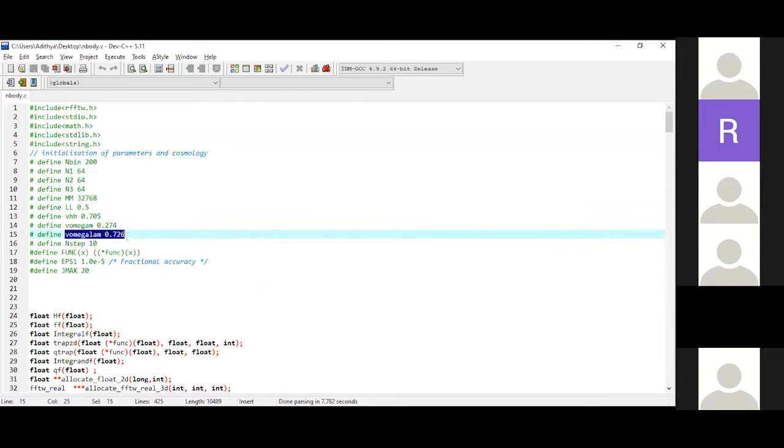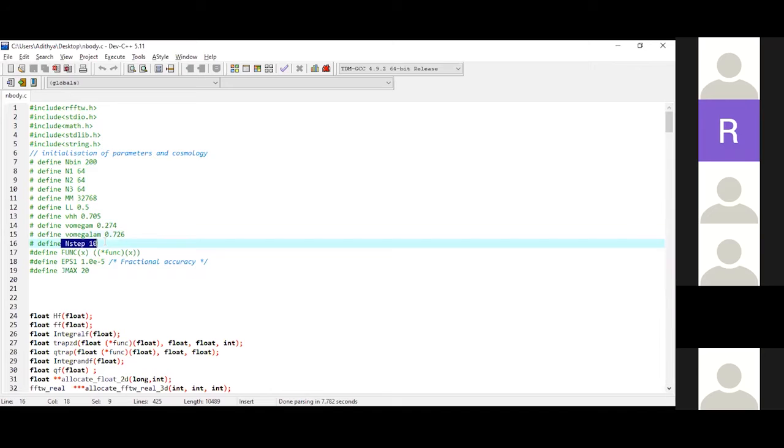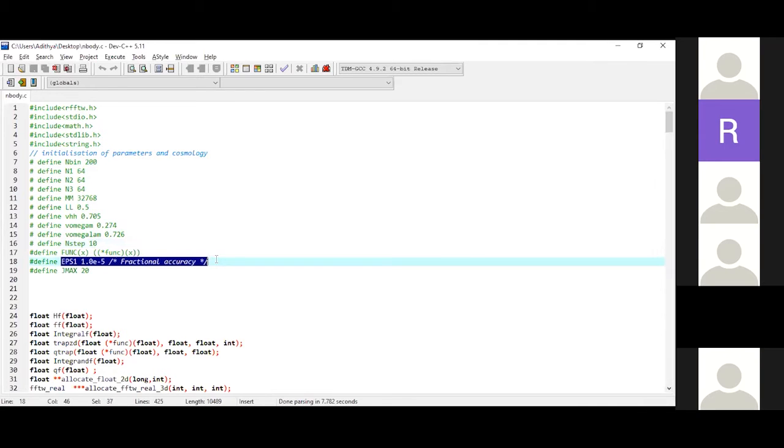So if you look over that PPT, they have got these numbers. We have to put these values to the numbers. And then n step is not needed actually. It's okay. And epsilon 1 is just that resolution. So these are the functions. So near float HF, FF, these are the functions. So if you look up the formula,